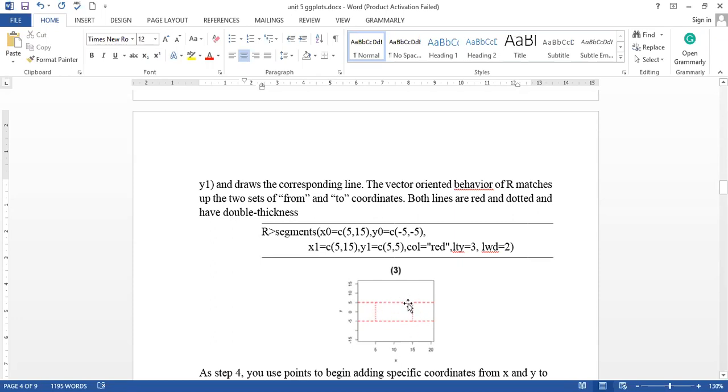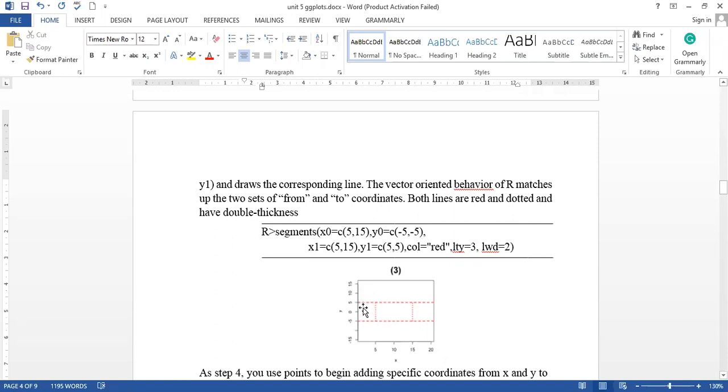Now I have to draw the segments. For that purpose, the color is chosen red, the line type is 3, and the line width is 2. Now we have segments within the plot in which a y range is given and an x range is also given, and we have to consider only the plot within this boundary. We have so many points that are above this range, below this range, within the range, to the left of the range and to the right of the range. So now the task is to calculate the points within all these ranges.